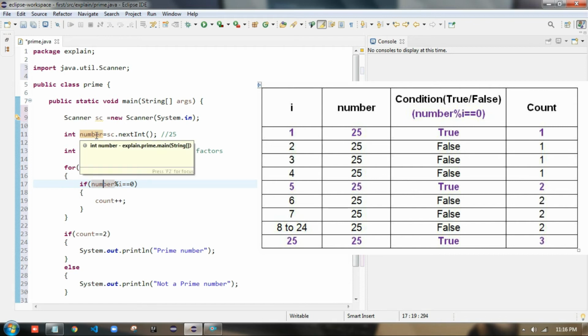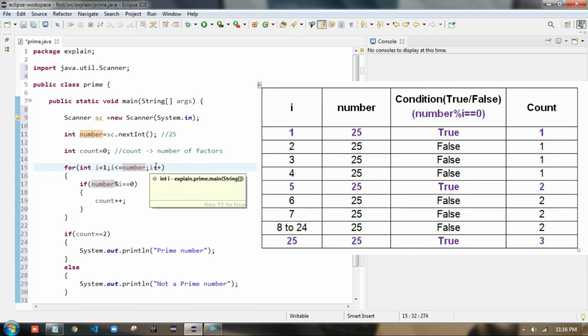So 1 is a factor of 25, count increases, then this part will finish. i will be increased by 1, so now i is 2. 25 divided by 2 is not equal to 0, so it will do nothing. Again i will increase, and if this condition becomes true, then count will increase, and count is the number of factors.